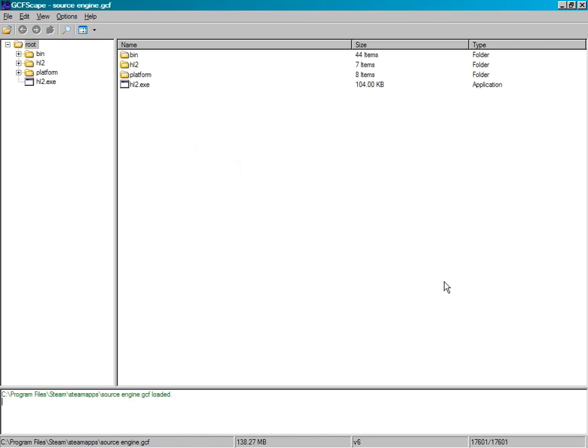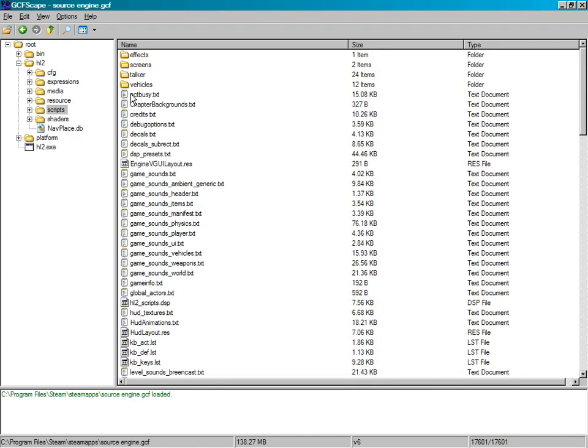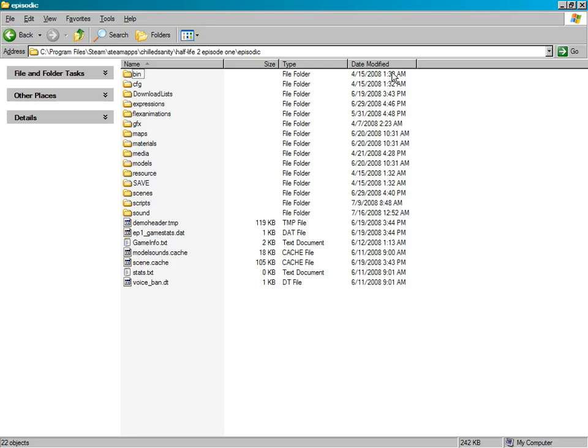Then click on Open. Then double-click on the folder HL2, then Scripts, and the file you're going to need is Game Sounds Manifest. Again, this is already included in the Noesis files to copy over. This is just where to find it normally. To extract it, just right-click on it and press Extract. Now I'm not going to extract it because then I would overwrite the one we're using for Noesis, which would cause problems. So I'm going to close this,